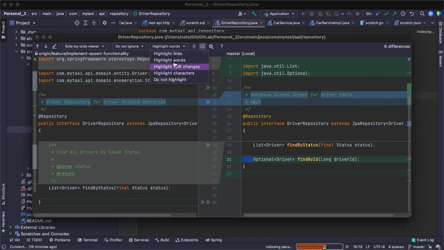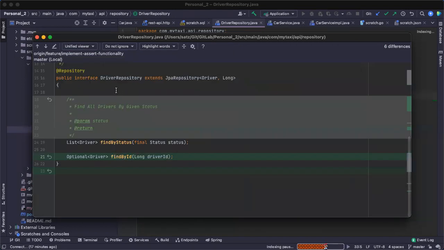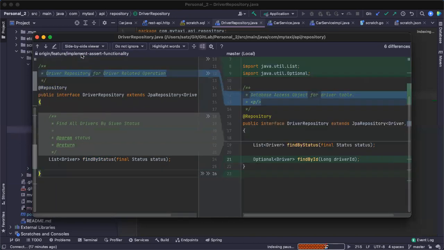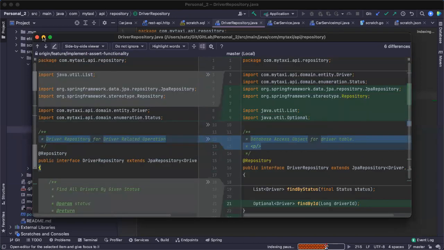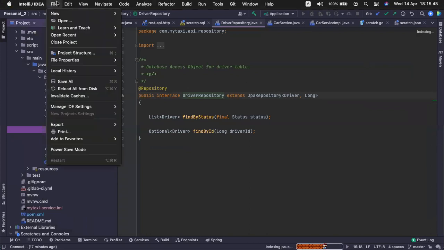If you want to highlight anything, you can highlight. And even if you want to view it similar to line by line, you can do that also. You can do this one also. Another thing I am going to show